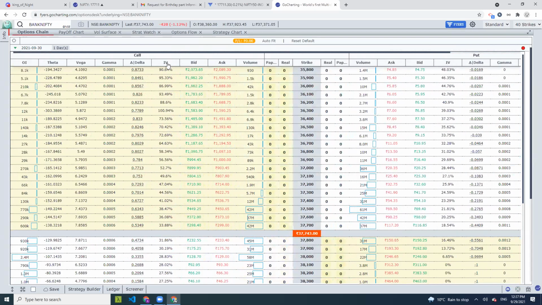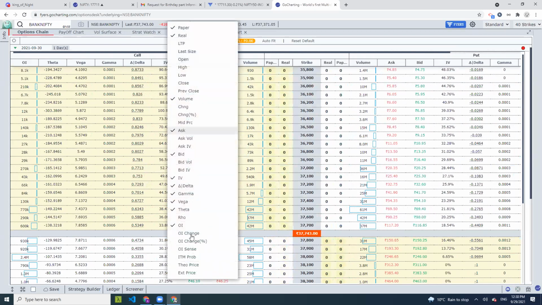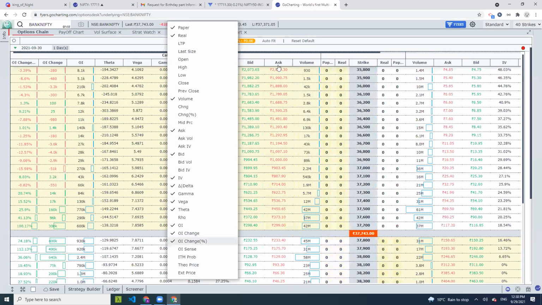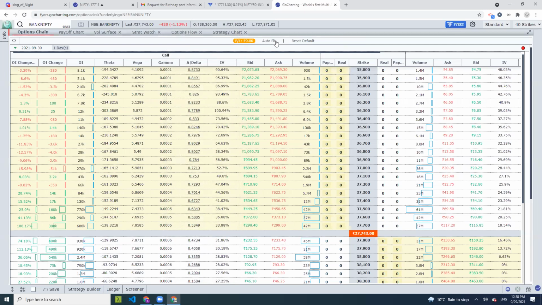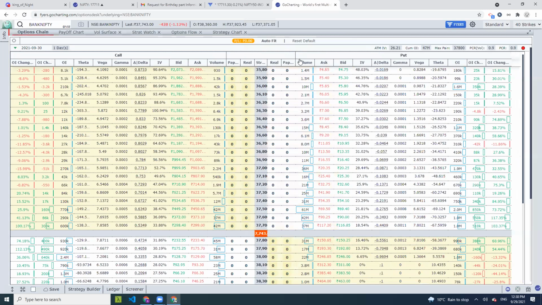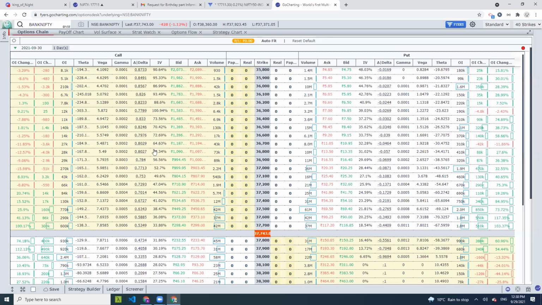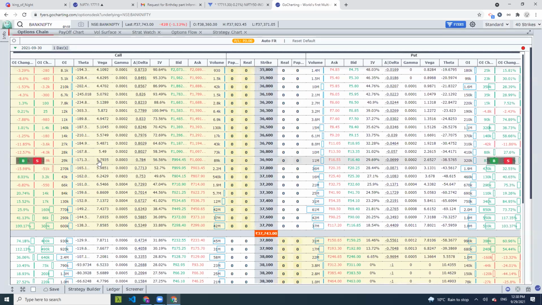So if you have a small laptop and you have added a bunch of columns here, and you want to quickly see all of them, then we have given a feature called auto fit, which will automatically fit the entire columns in your viewport. Basically it will squeeze and make sure that you have the best possible adjustment of the columns to give you the complete view. So this is the new feature we added called auto fit. This is a convenience feature.